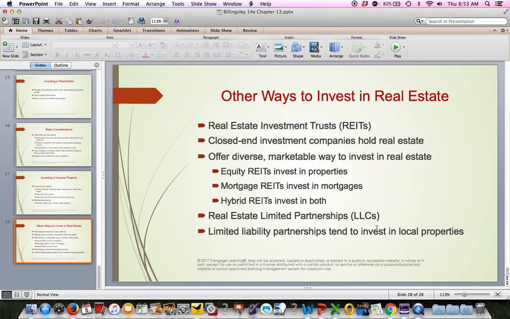So if you are interested in owning real estate, a REIT would be a great way to do it. So REITs can manage properties, REITs can manage mortgages, or some combination of the two. So just FYI, but they both are tied to real estate. So just a great way to invest in real estate without having to actually own real estate. And the downside about owning real estate, it's not a very liquid investment. It's not something that you can easily